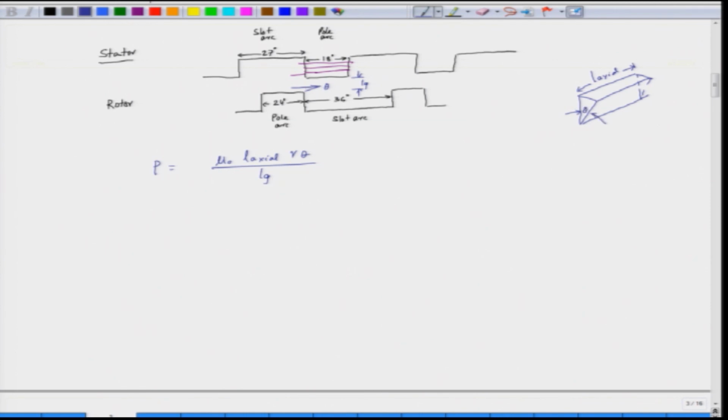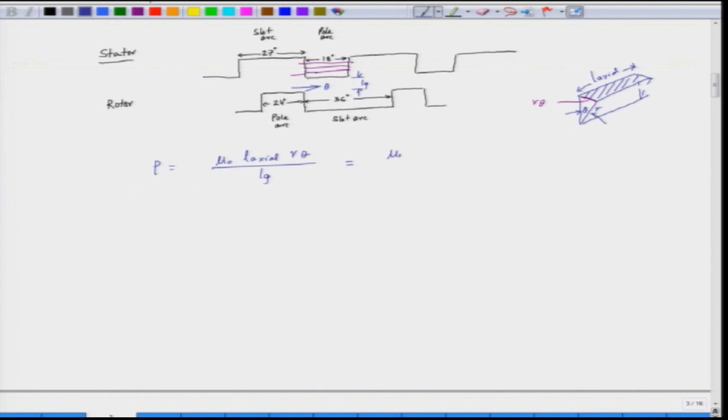Here it is shown in the linear fashion, the angle is theta, which is the overlap angle here, and the radius of the rotor is r. So, the arc which is overlapping is r into theta, and L axial is the axial length. So, this area which is shown here is L axial into r theta.